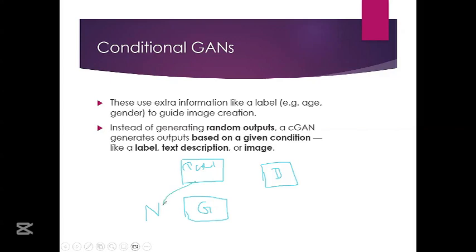Text is given, so it's combined with the text and then it generates the noises, then it will try to pass to the